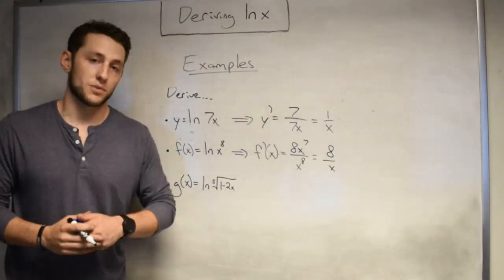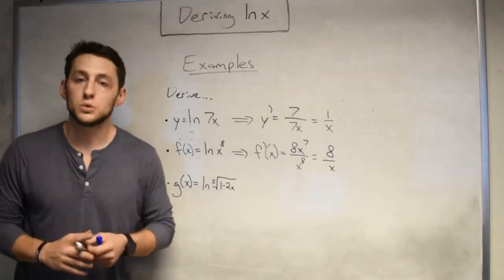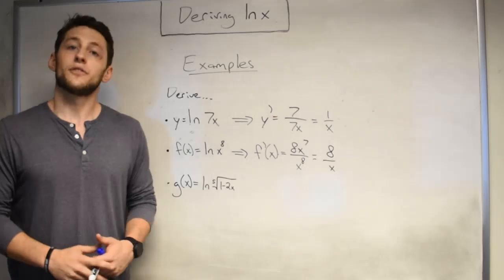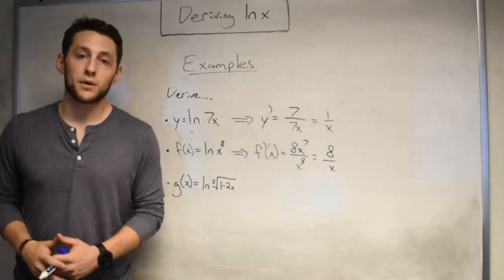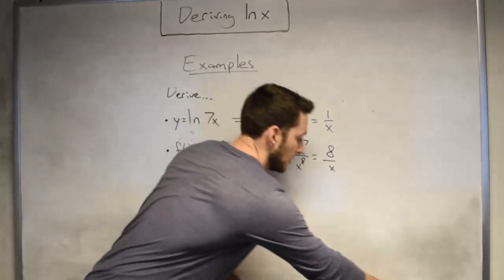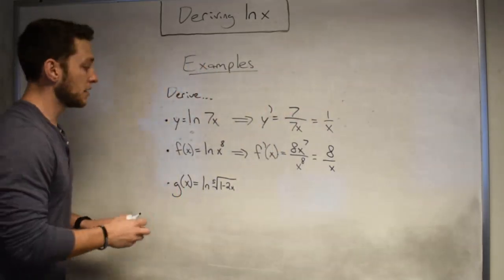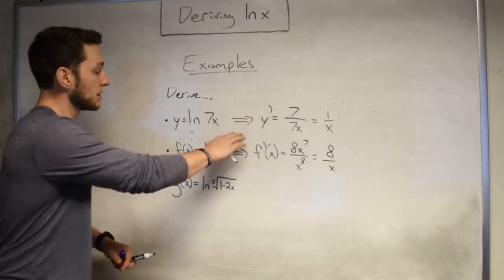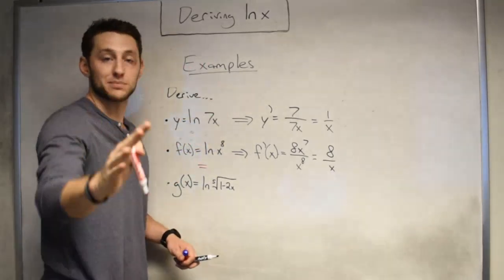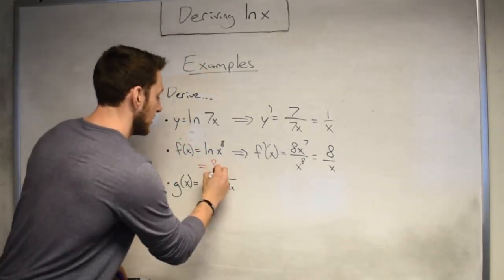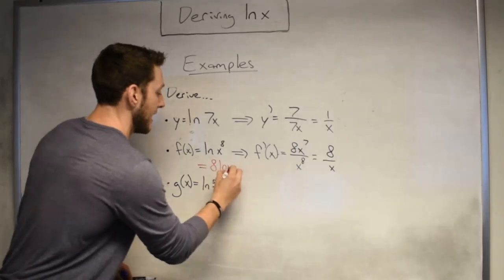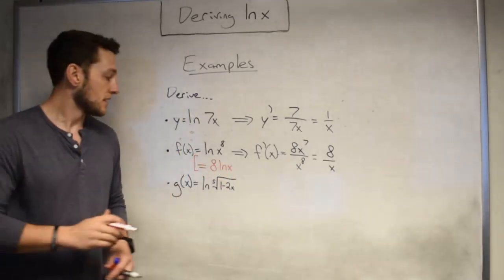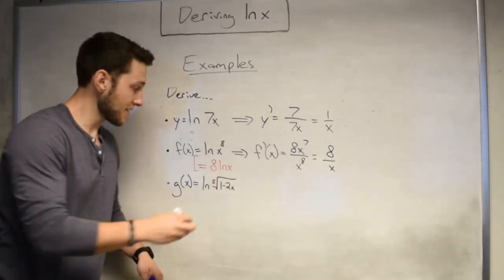Now allow me to pause real quick right here. We do have all of those rules from a little bit ago that we could apply to this. For instance, I have something to a power here. If you allow me, what I could have done is rewritten this as, bring the power down, power on the inside is multiplication on the outside, 8 times the natural log of x. I'll go and put this in parentheses. Well, if I derive this,